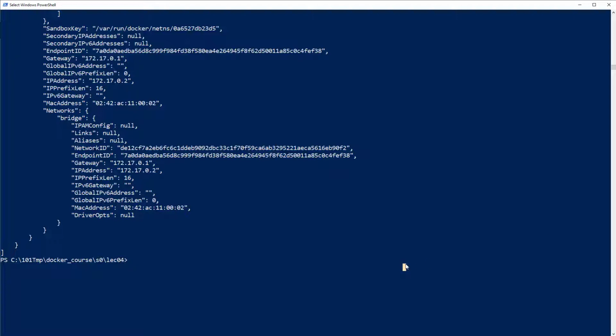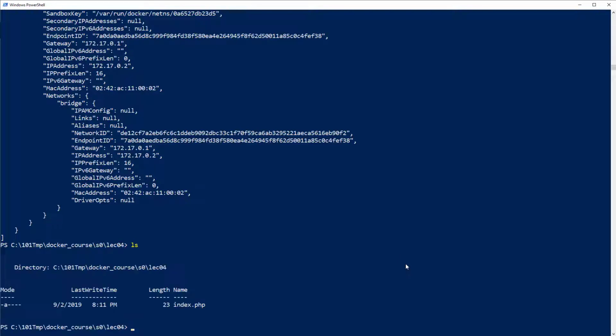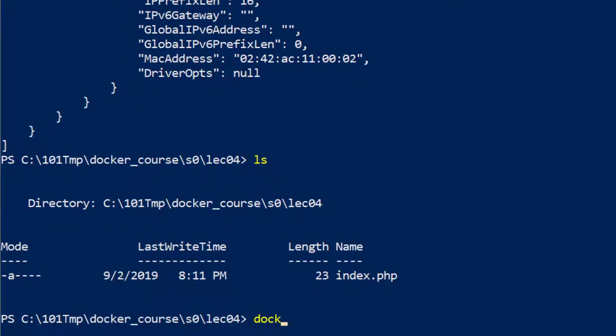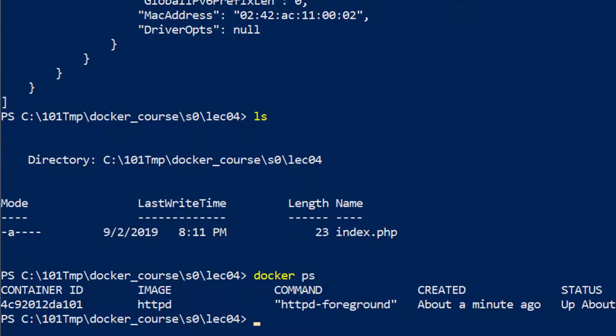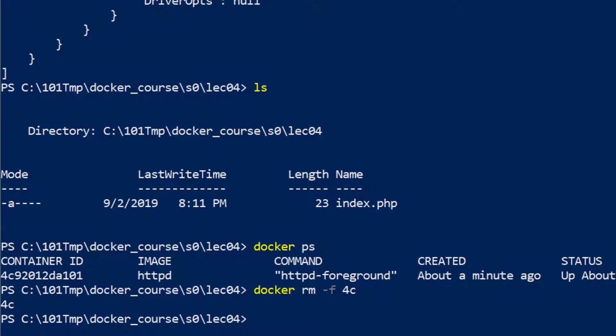Okay, now if you still have this index.php here, then you can do another thing. You can download a PHP container with Apache. Let me just remove this container over here, which was docker ps, what was it? docker rm -f 4c. Let's completely remove this and instead run docker run -d -p 8080 in my host to 80 in my container, and then we are binding